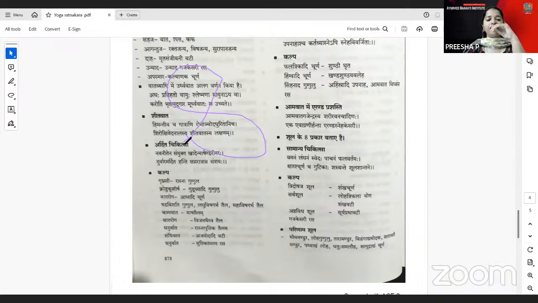So here the Ashtavati Shula, Surya Prabhavati. Okay, fine. Tridoshaja Shula, Sarvashula, that will all be covered. I think up to this you are clear, no? Any doubt other than this?